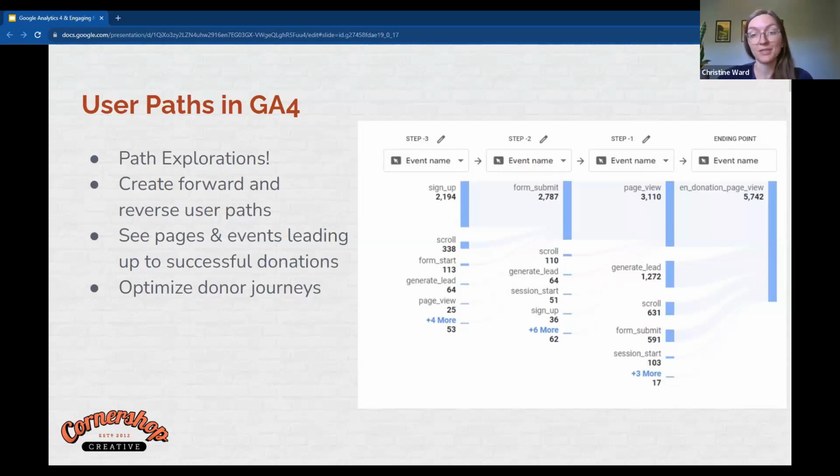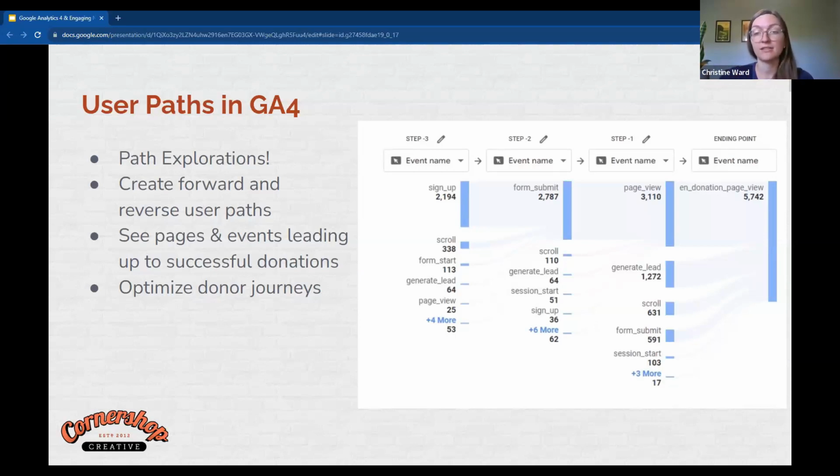So then you could potentially recreate those paths for more potential donors to find that same success and give. Or you might see pages that you thought were really high value pages for donors that are missing from that path. So then you would know, oh, I need to make updates to this page so that donors can access it more easily. For example, you might see that your homepage is missing from the donation path exploration, and take